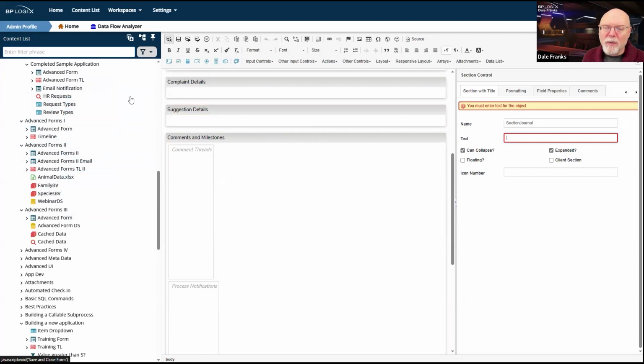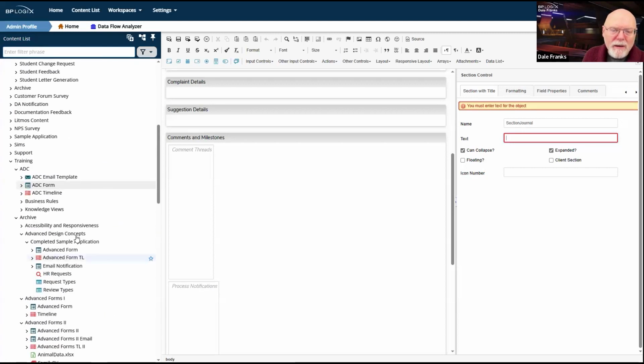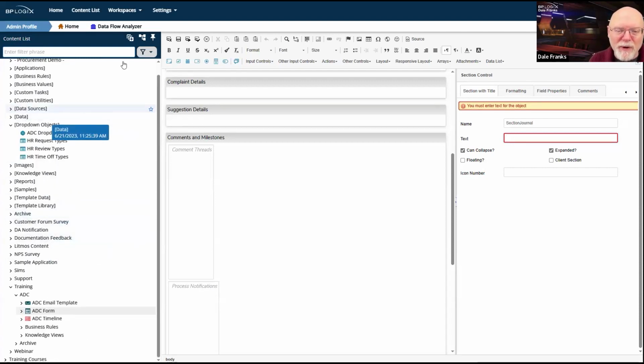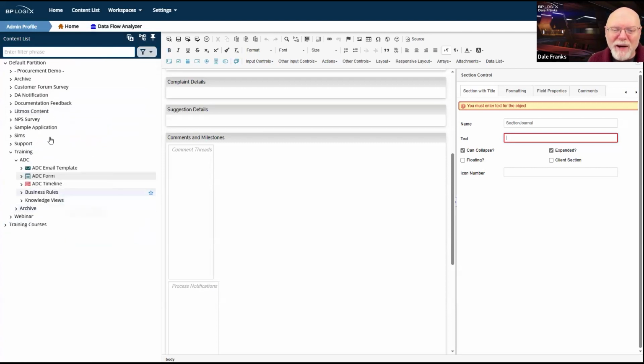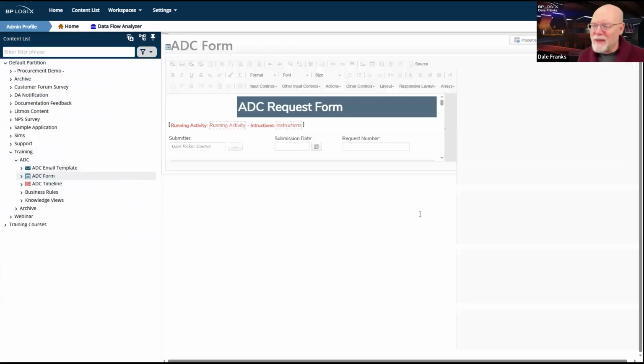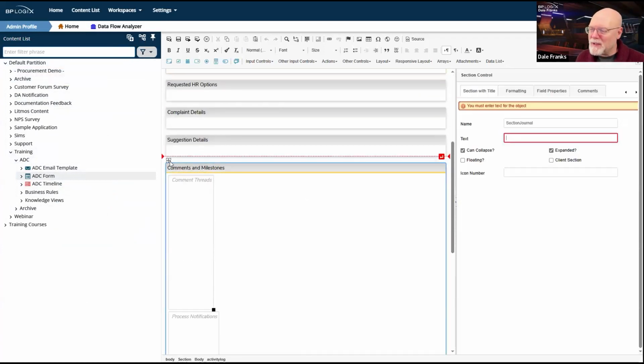So you know what we're going to do? Wait, where am I in this process? Okay, let's get rid of archive. That's just making things super confusing for me. In fact, let's get rid of my system folders. There we go. Let's just go to the ADC form. I just want to go back to whatever save state it was in without me mousing around here and messing things up.